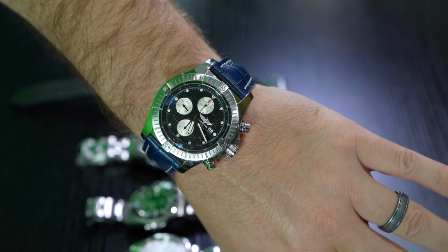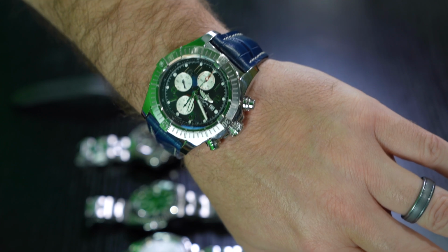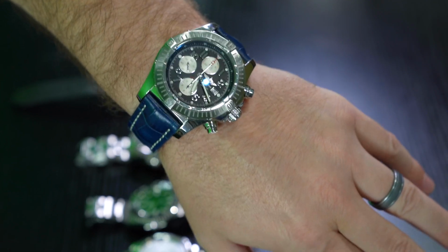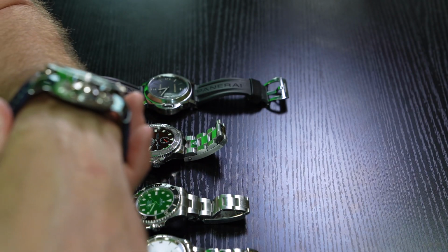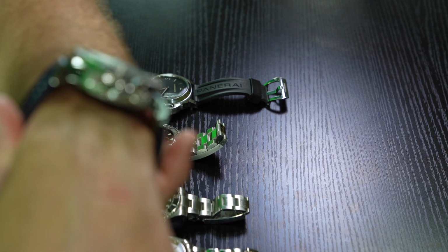I mean, it's not like I'm trying to hide anything. They're like, "Man, that's a boat anchor." Yeah, they referred to this as a boat anchor because it was so heavy. And obviously, this has a very commanding wrist presence, and the thickness of it is...